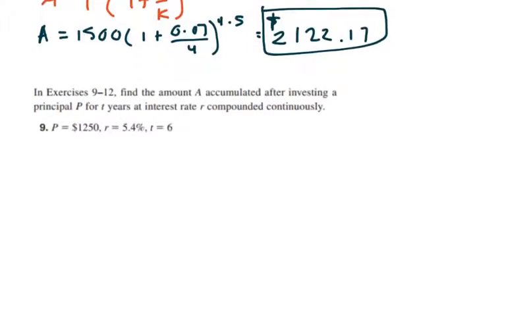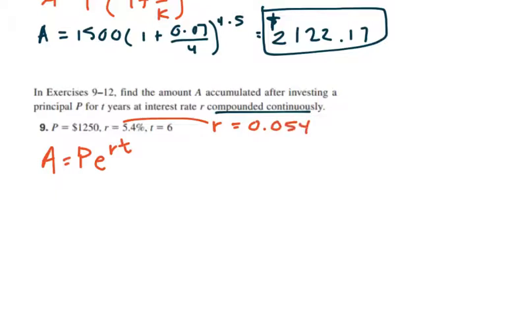Then we need to find the amount A accumulated after investing a principal P for T years at an interest rate of R compounded continuously. Compounded continuously means that we're going to use the interest compounded continuously equation, which is Pe^(RT). Again, our R needs to be our decimal equivalent of 5.4%, so 0.054. Filling in our equation, we have a P of 1,250, and then e to the 0.054, and then a